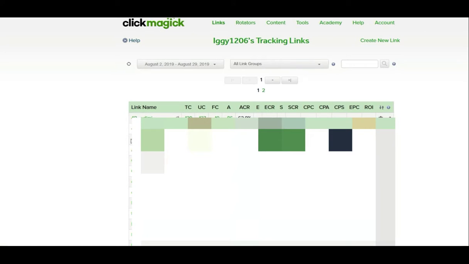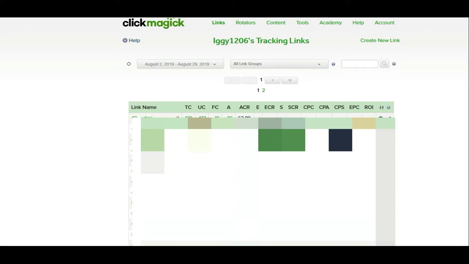But by the way, ClickMagick, aside from customizing a link, is also helpful to track your link. Track means you'll be able to see how many people clicked on the link, from which country they came, and how good the quality of the clicks is, whether robots or real people are clicking on your link. So those are the helpful data that you can